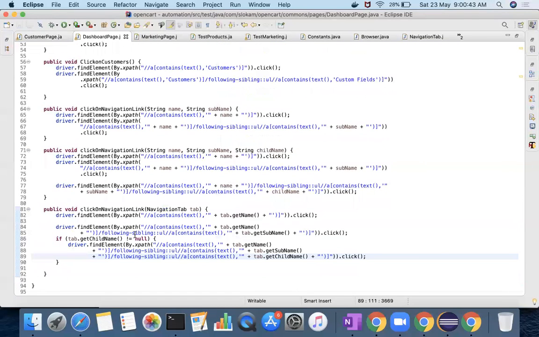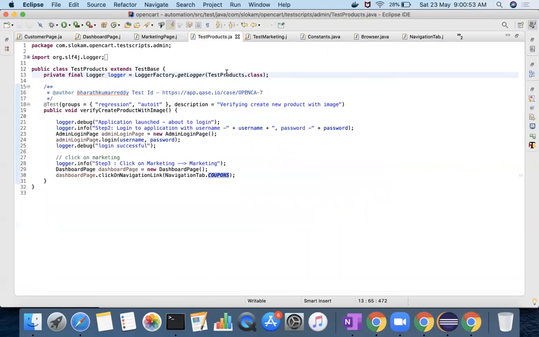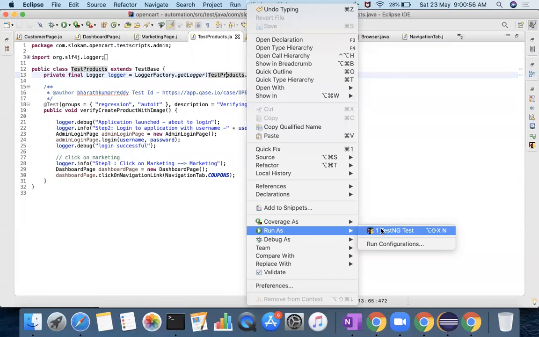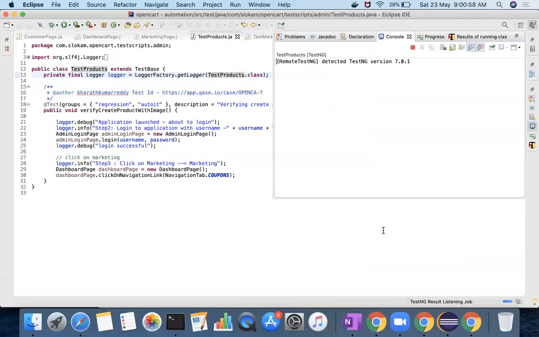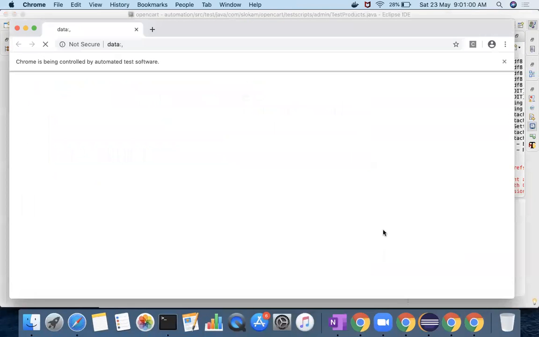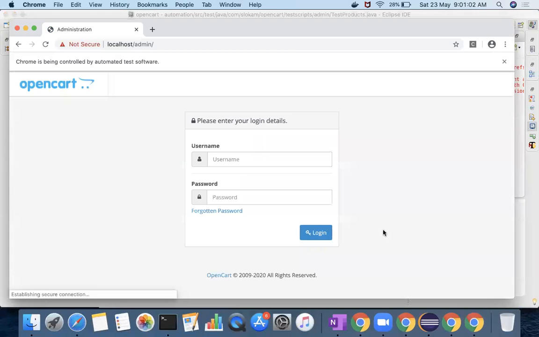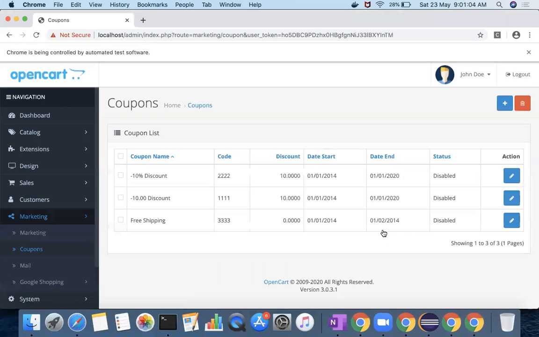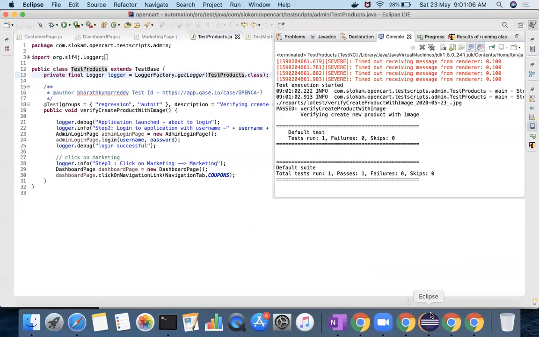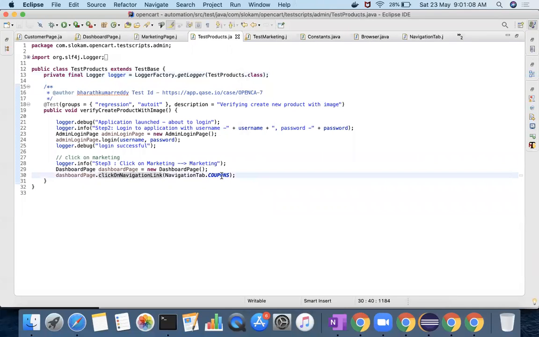If you don't check this, it's going to fail at that level. So you should be handling all these scenarios. Right click and run this. So it's coupons and your test case has also passed. That's how you use enums.